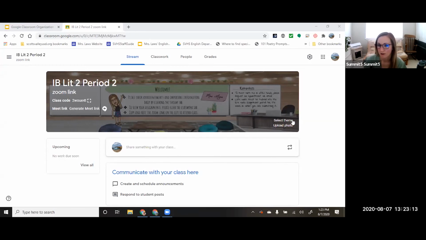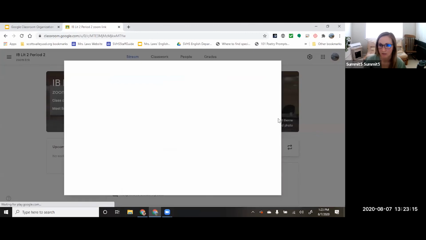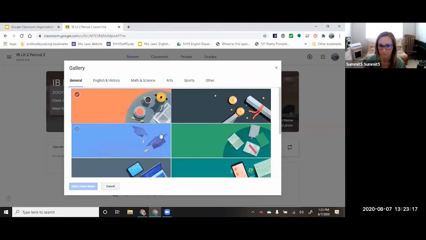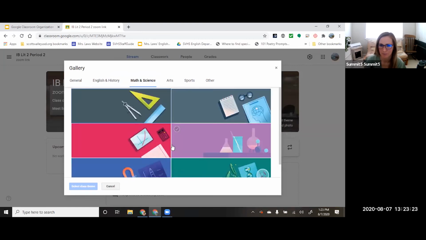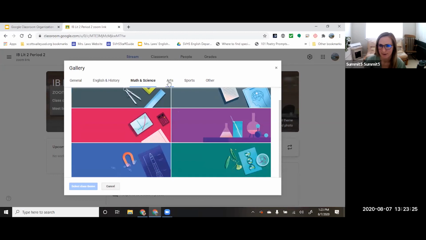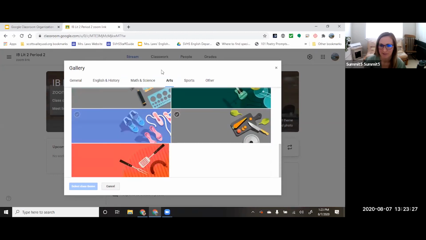Their themes are pretty limited. When you go to select a theme for your classroom, there aren't very many, and they're not super awesome. They actually used to be better. I don't know what happened, but they're not so great anymore. And